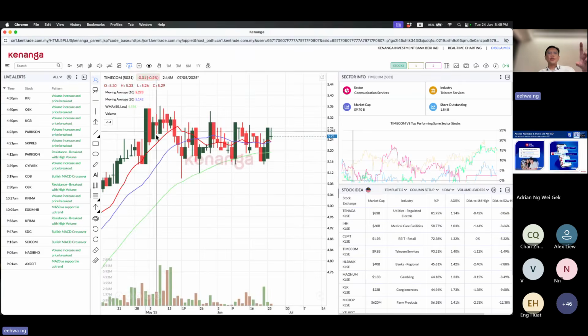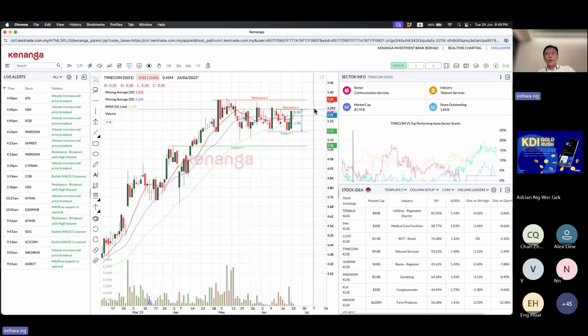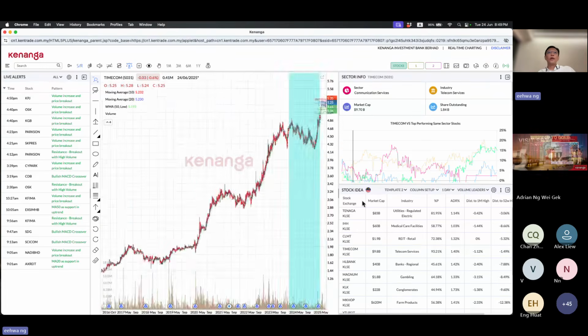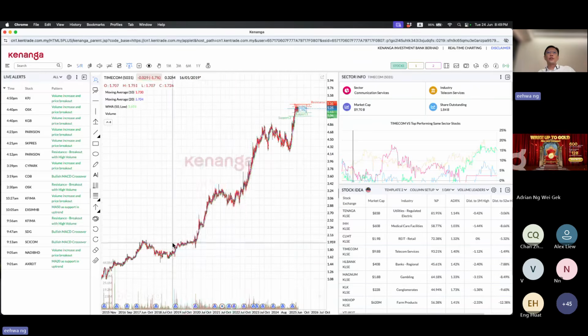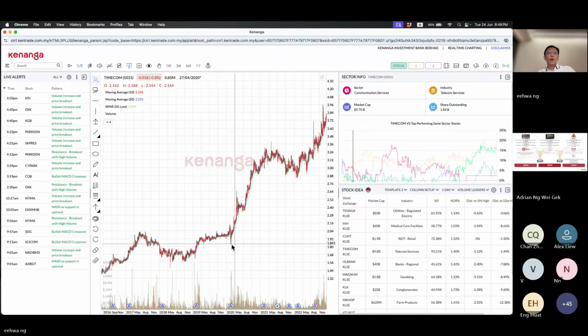Because it has been in the range for more than 1 month already. And if you plot the support resistance line, you can see that 530 will be the resistance to break out, and then 535 will be the ultimate all-time high. So you can imagine, guys, you are trying to buy Timecom right here